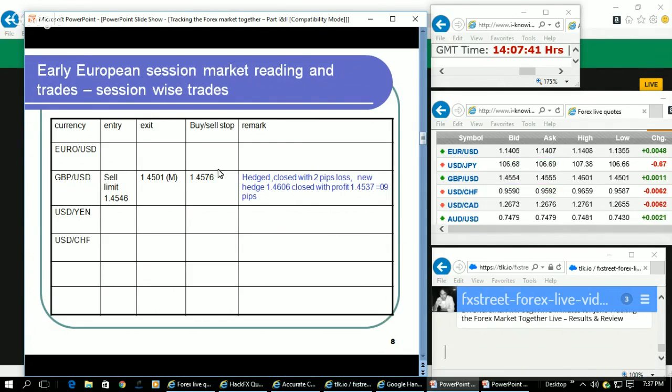and waited. Then it started coming down very quickly, but after coming to 1.4546, it was showing only 1 pip, 2 pip profit. And so it was not trying to reach the low it had set. So immediately I closed around 1.4537 with 9 pip profit and closed the sell position, because I know that during the US session they are going to make the swing and rise, and against the trend I had taken this sell position just to capture a small profit,